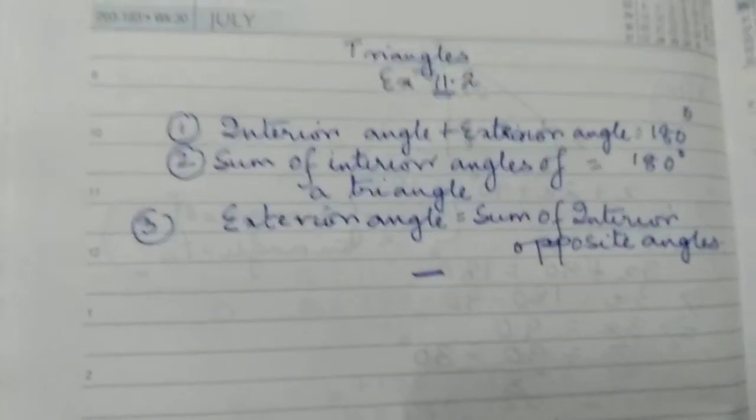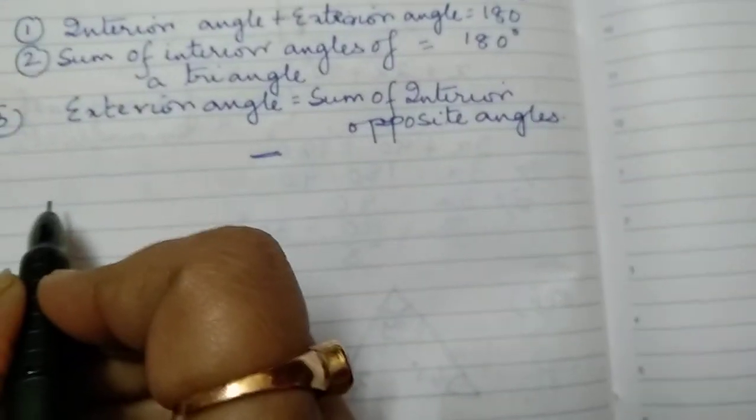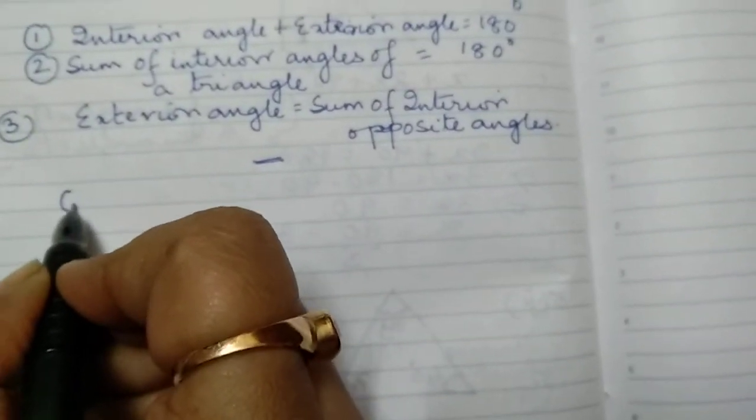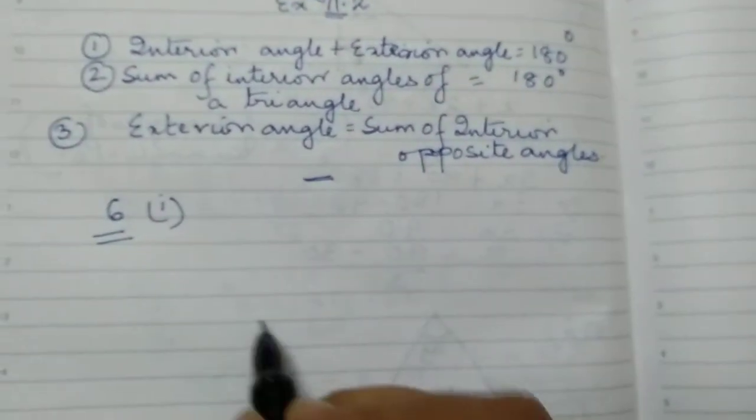So these are the three properties which we were dealing with and we had completed till question number 5. So we will start from question number 6 for today's class. So if we take the very first question,